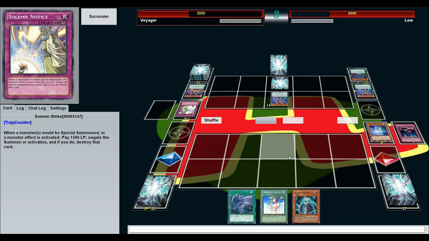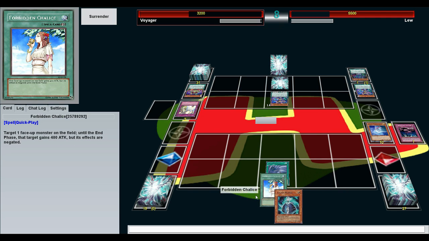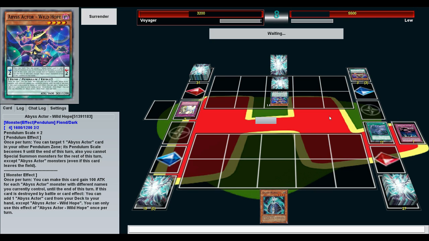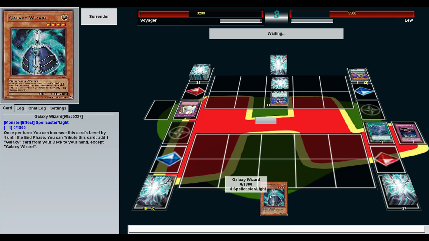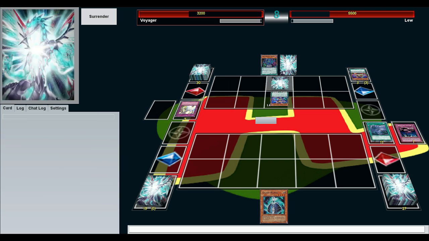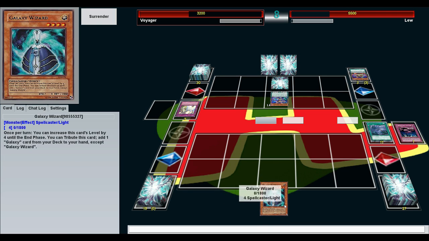Okay. So, I'm gonna get rid of this Forbidden Chalice. Kill these. It has effects when it's destroyed. I should have read that, but there's so much text. I can't be wasting that time. Oh, he just gets another one. Either way, for now,